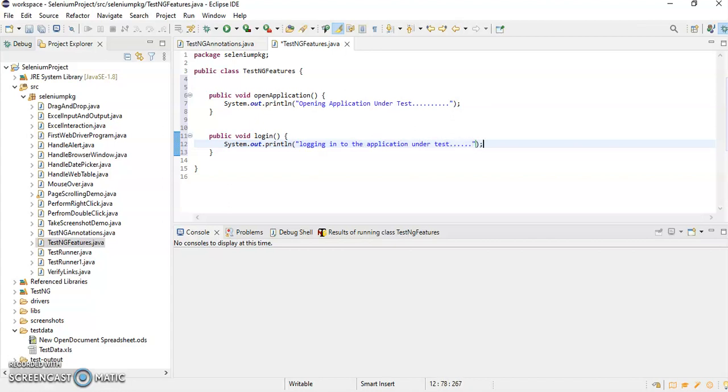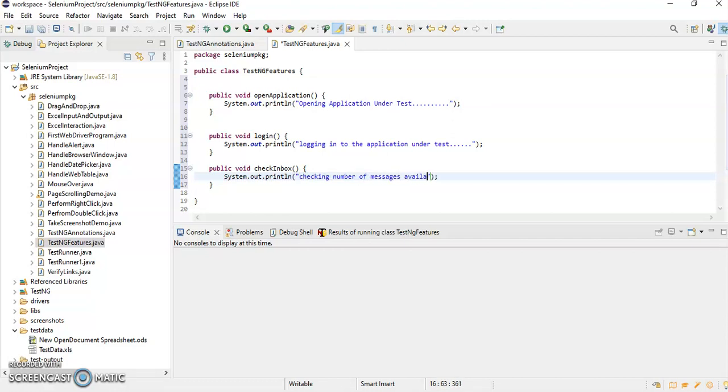Okay, then I'll have one more test case, public void check inbox. Okay, system.out.println, checking number of messages available in inbox.